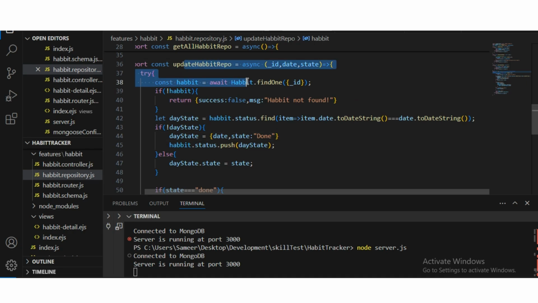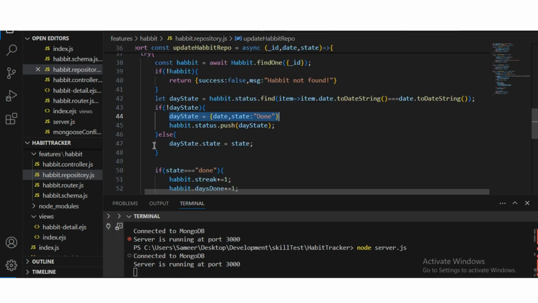We'll only get this when there's a request for update. So we'll update from none to done, and then push it in the habit status. We'll push this. Now, otherwise, if it is present,